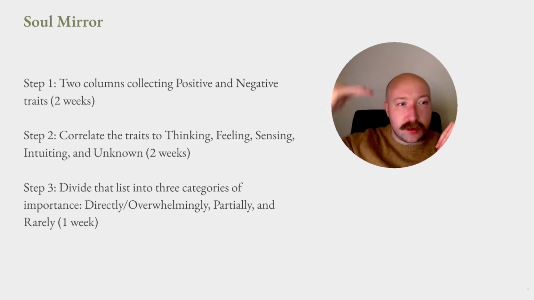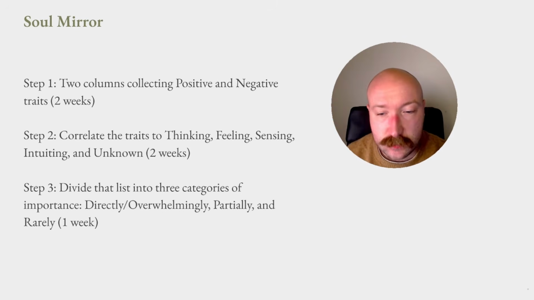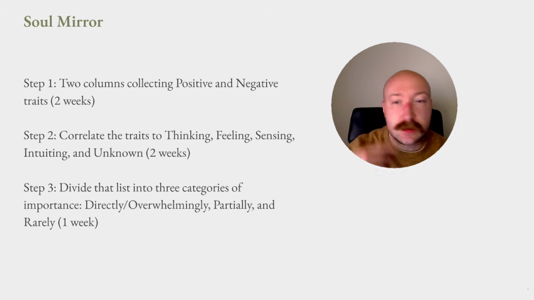Mental mirror, positive, negative. Astral mirror, positive, negative. And then you list all the positive and negative aspects with regard to that specific mirror about yourself as much as you can. And what this process will look like is, take a little notebook, observe yourself as if you were a stranger for 1 to 2 weeks, record all these qualities, suspend all judgment. And what you're watching for is how you think about problems, your default mental patterns, your mental habits. That would be mental. Astral would be emotional, what triggers you, your desires, moods. Okay. Physical: eating, sleep, sexual behavior, whatever it might be.